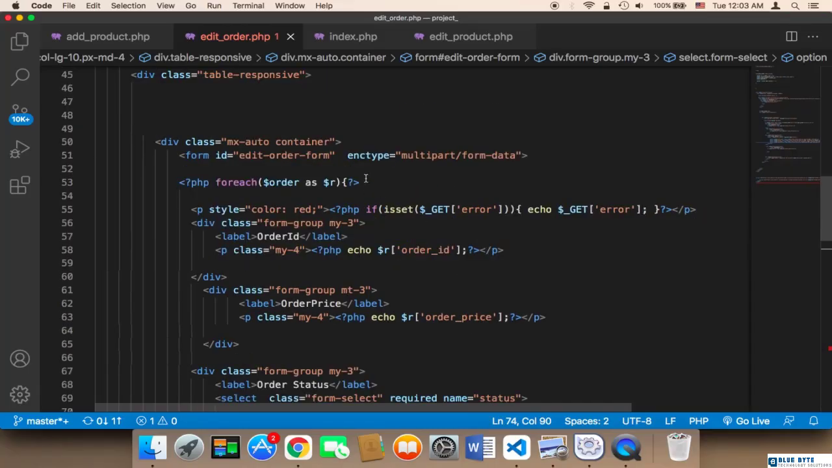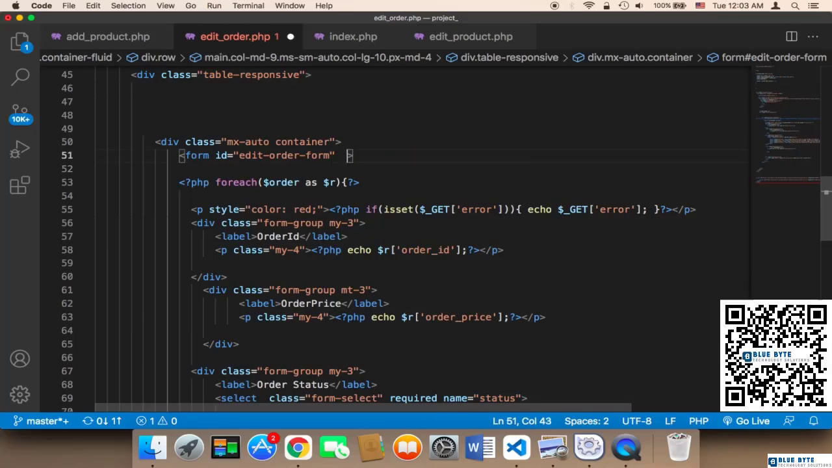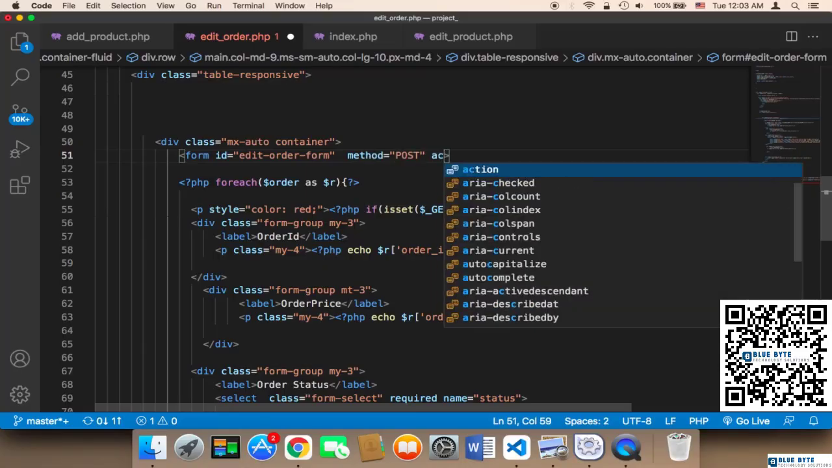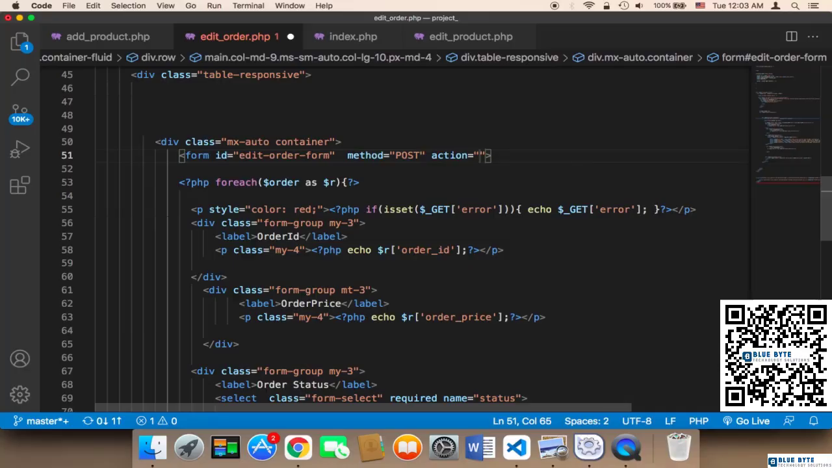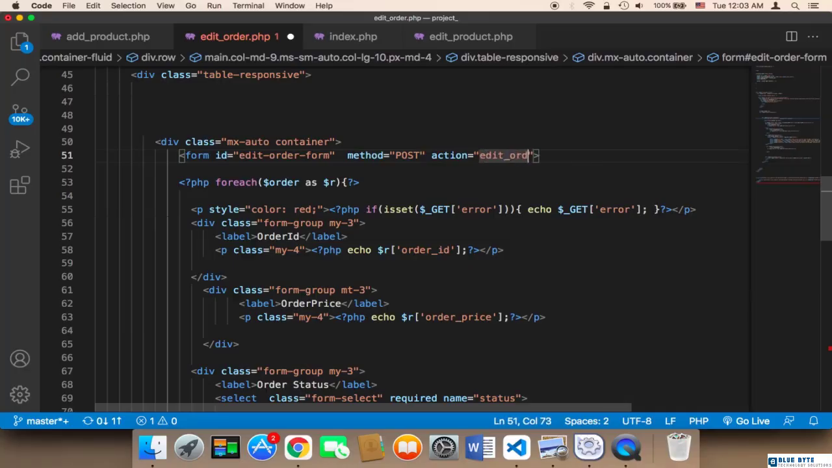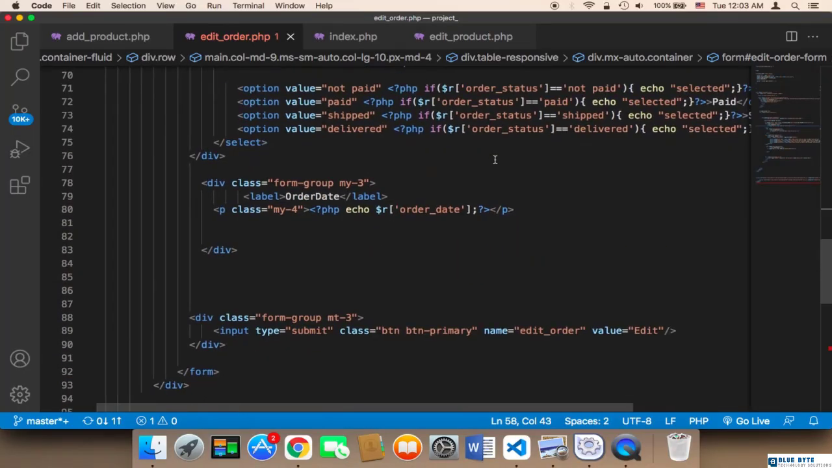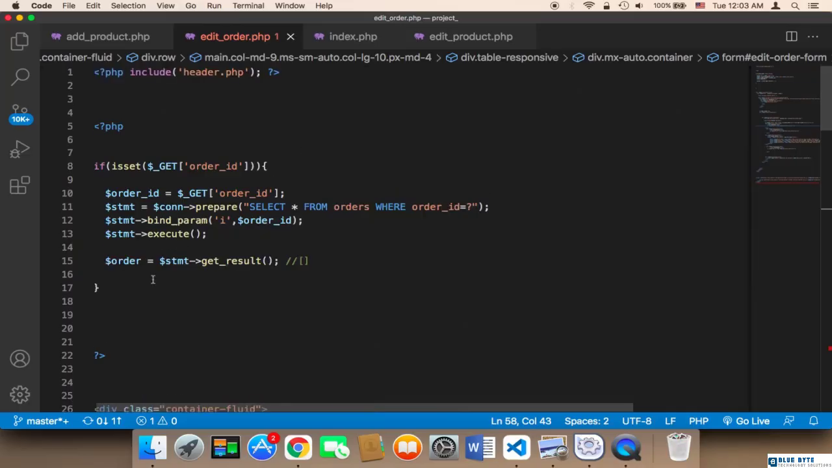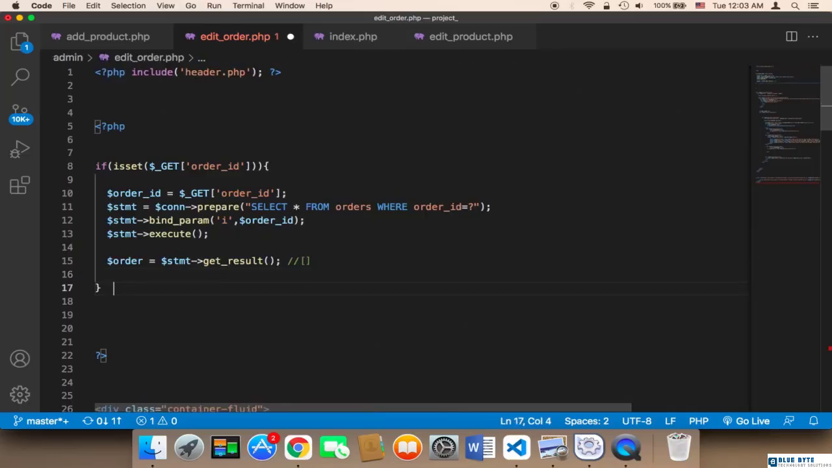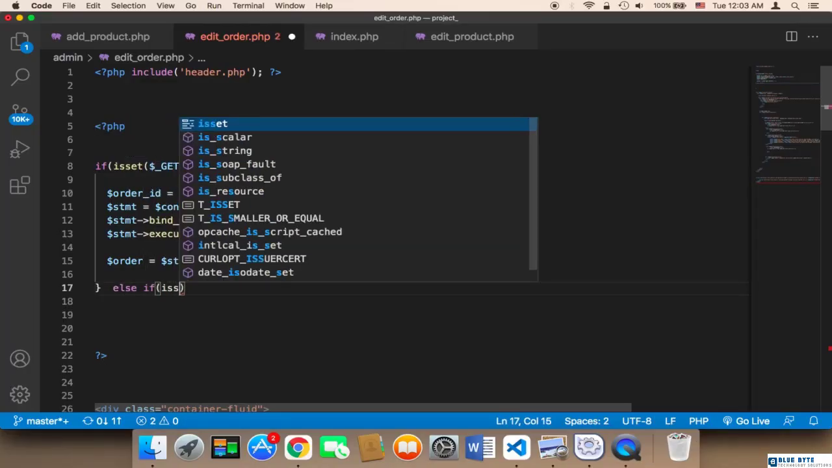The only thing, this form, we need to add a method and action. So I'm going to remove this ink type, and then I'm going to say method. The method is going to be post, and the action is just going to be the same page. I'm going to say edit_order.php, and the status name is status, and that's it. Now at the top, we need to say else if, and then isset